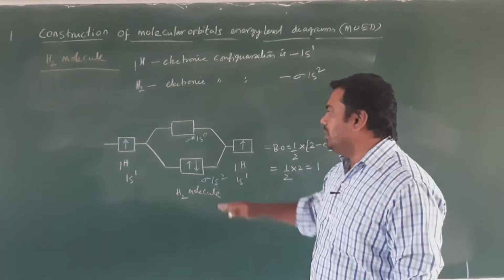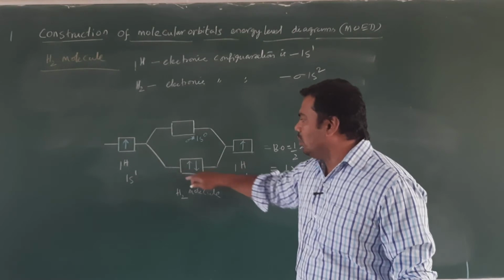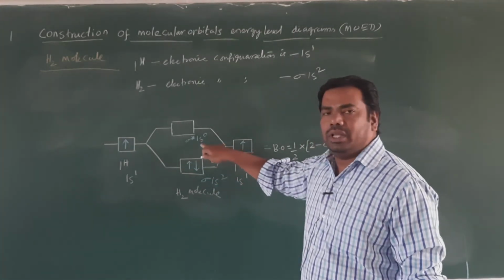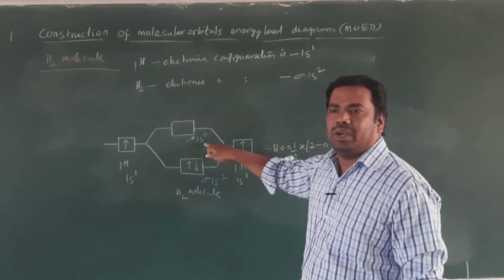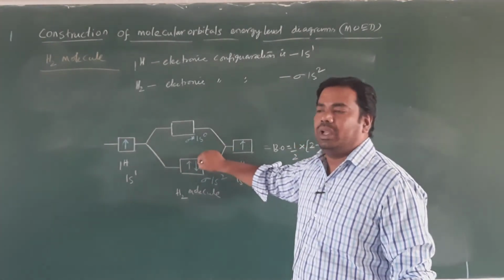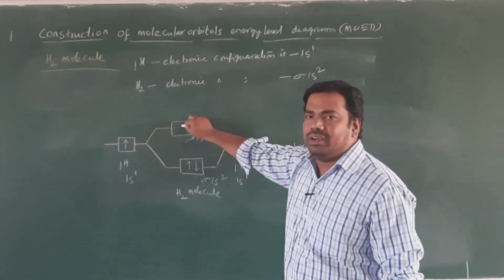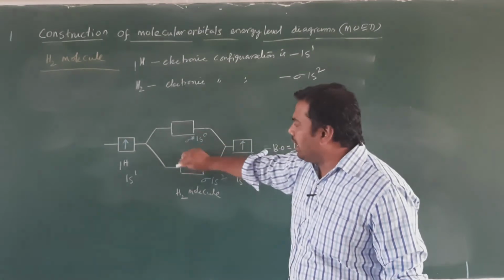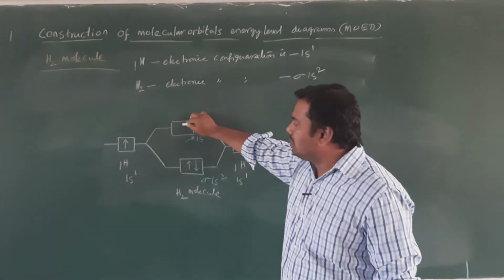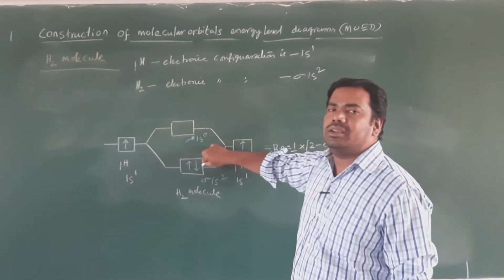So here, this is the energy, and we have the electrons in this level only. There are no electrons in sigma star 1s, so we will consider these 2 electrons only. For example, if 1 electron is present here, then we will consider this orbital. Don't consider this. Here we consider this the valency orbital, the least energy level, where the electrons are paired up.